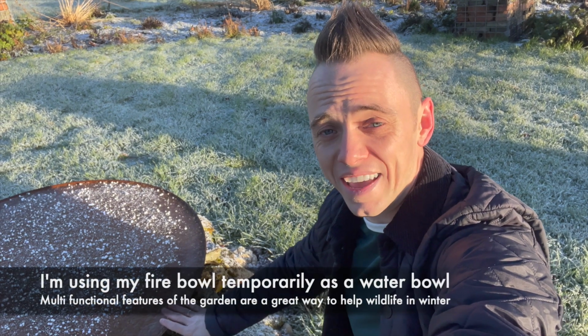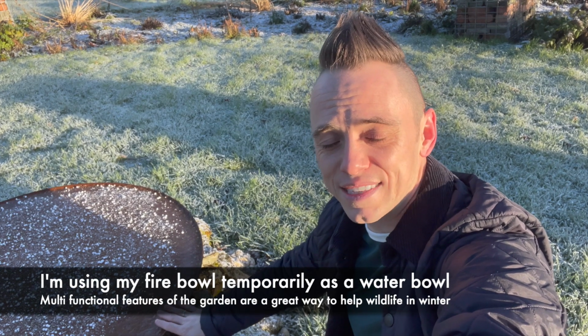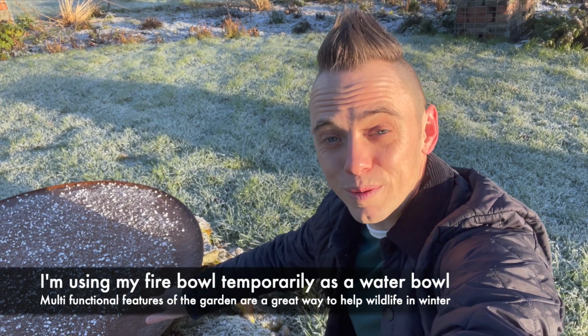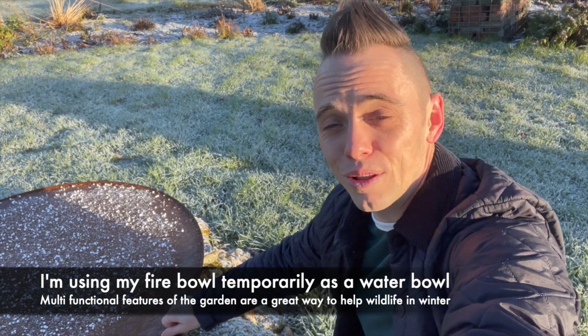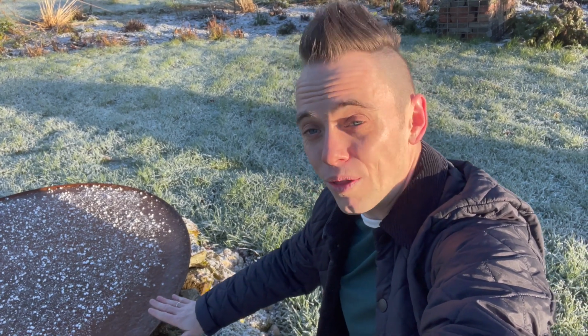So take a look here. If you watched my video last year as to how to make a fire pit, you'll probably recognise this. Now, it's completely frozen over, so it's not looking very warm at the moment. But it does make an important point that although this is a fire pit, it also doubles up as a